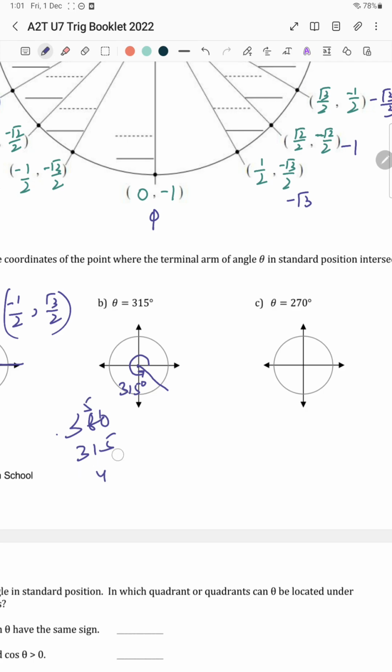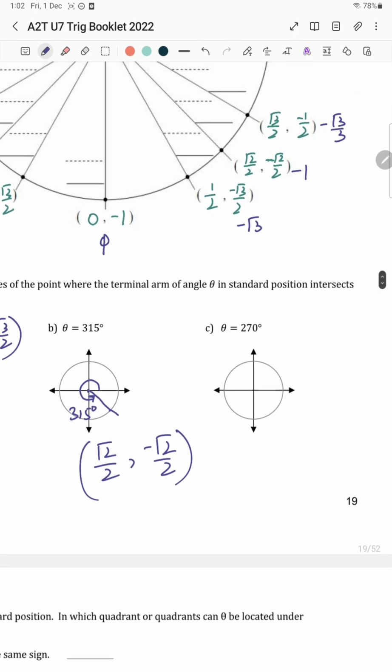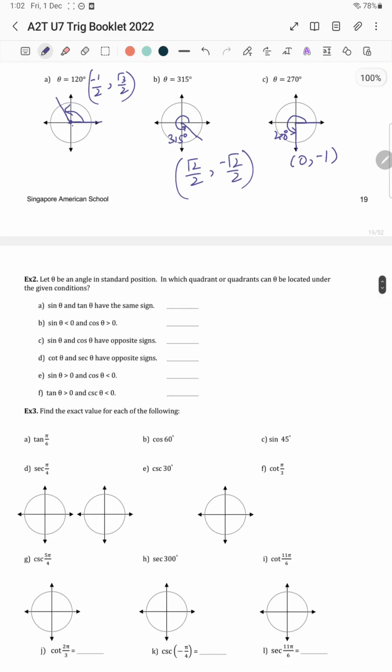45 डिग्री बच गया। 45 डिग्री of the fourth quadrant, तो fourth quadrant में जब 45 डिग्री होगा तो x positive होगा और y negative होगा। 270 डिग्री, तो यहाँ पे क्या आता था हमारे पास 0, -1। ओके,